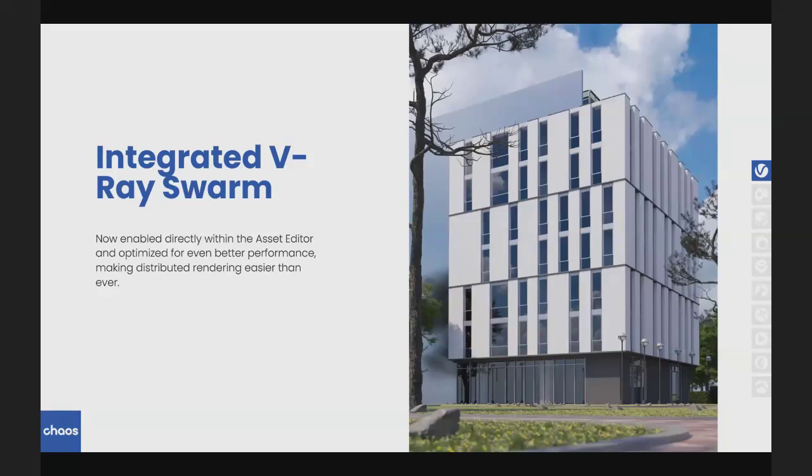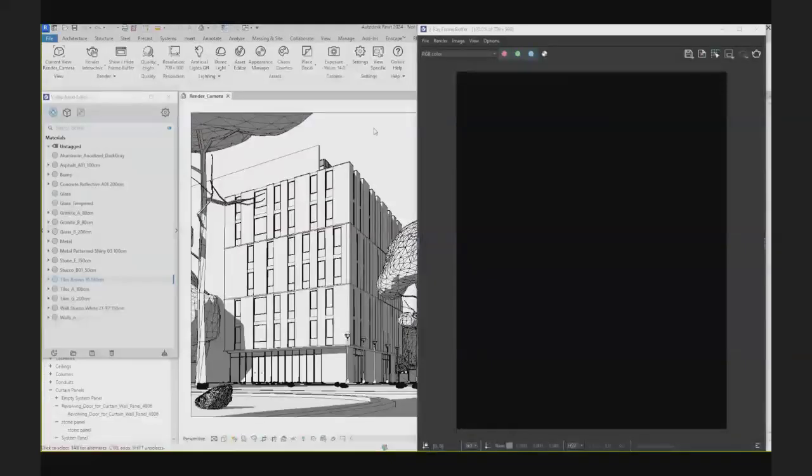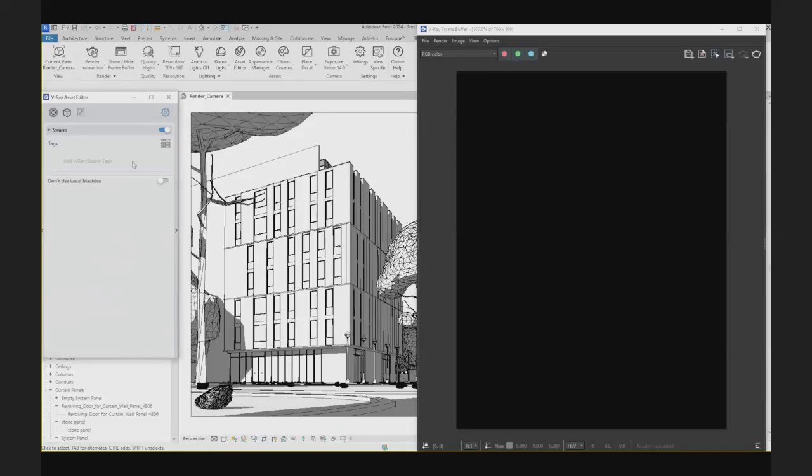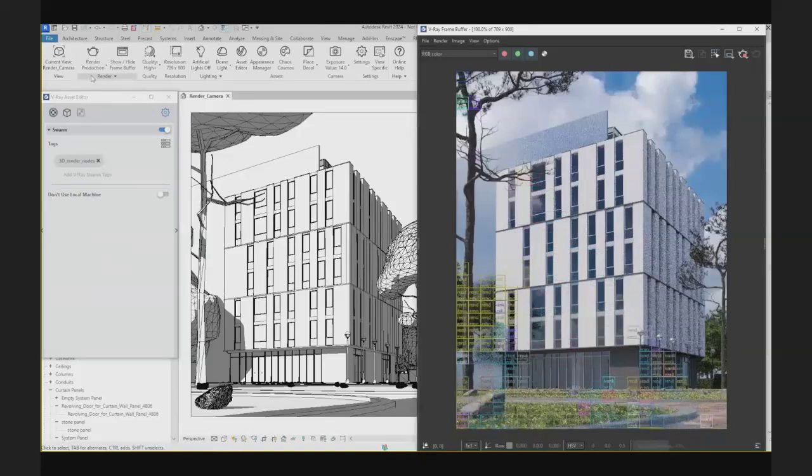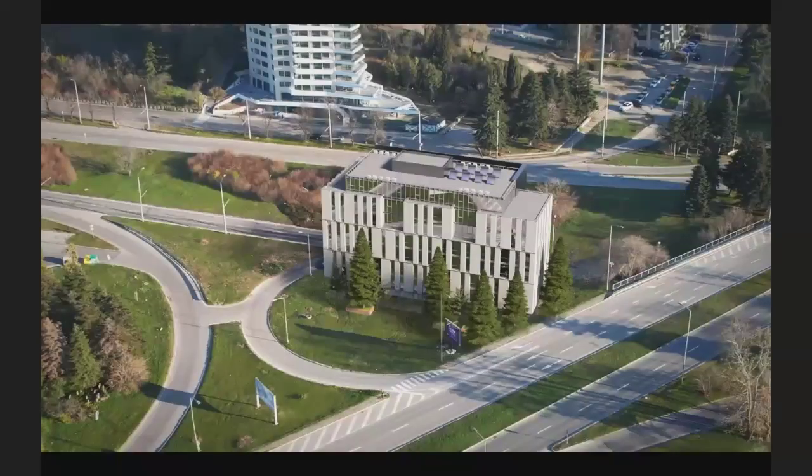On the other hand, we have a lot of computers right here in the office, and I'm sure that a lot of you have more than one computer. In those cases, we can take advantage of them to render really fast, and this is how we've rendered actually most of these images with the V-Ray Swarm, which will be also improved in the next version. Thus, we can apply tags on each of the computers we have at the office and use them to render our images even faster. And once these images were rendered, we've ended up with all these renders for that project in V-Ray.